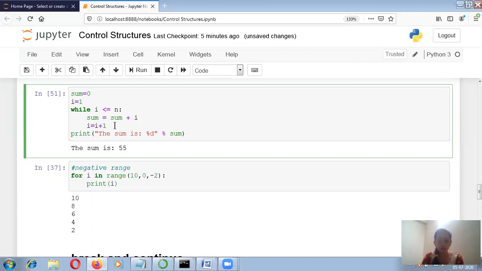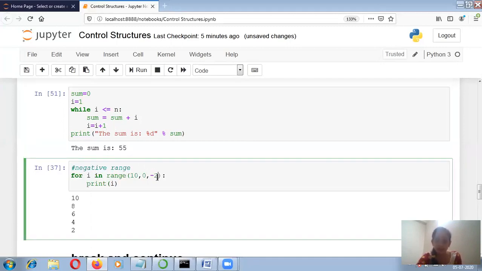In the for loop in Python, when you are using the for loop with a string or list, the for loop gets incremented by 1 automatically. But if you want to perform an increment by 2 or by 3 in the for loop, then you have to use the range function with the for loop. You can also perform decrement in the for loop in Python by using the range function.